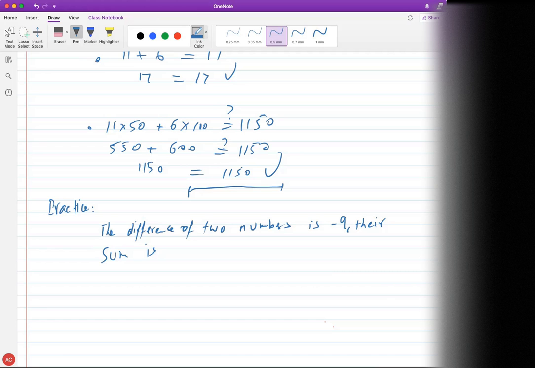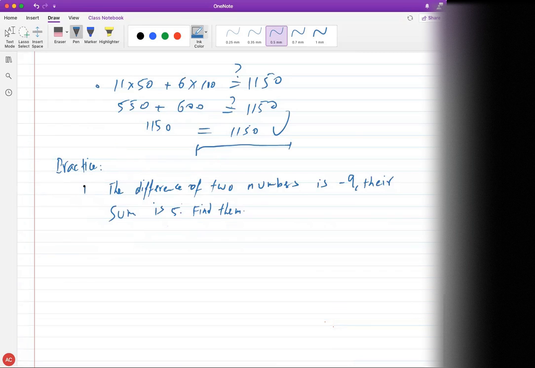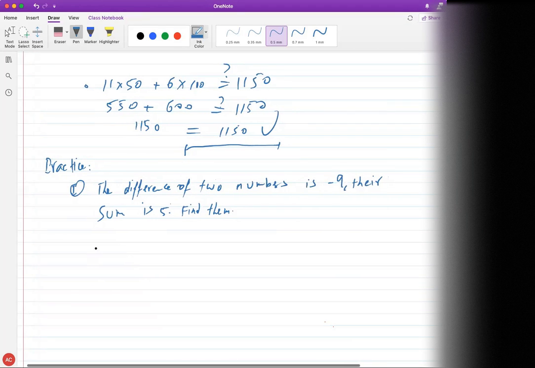And let's say their sum is 5. Find the two numbers. Okay, that's one. Number 2 will be